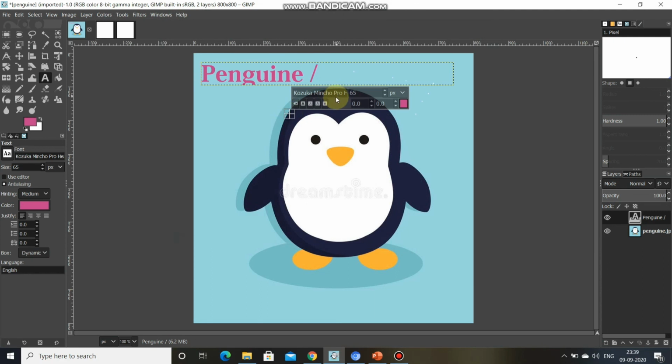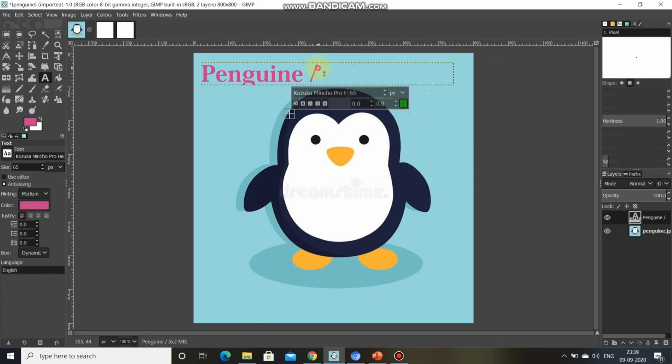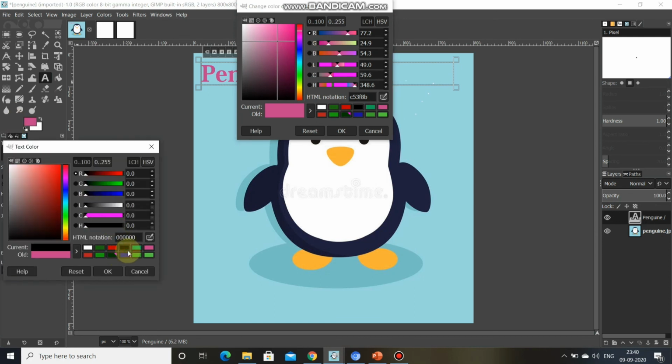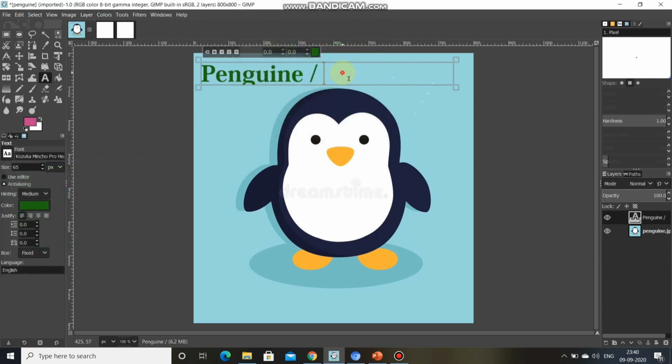All right, so we can make the changes from here also. If I want to make it green color, I'll click over here. Now once I write, this color would be the green, okay. Just see, can you see, this has been changed into green. This is it. All right, I think this is helpful for you.